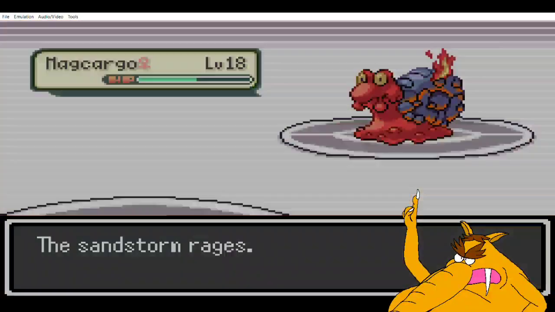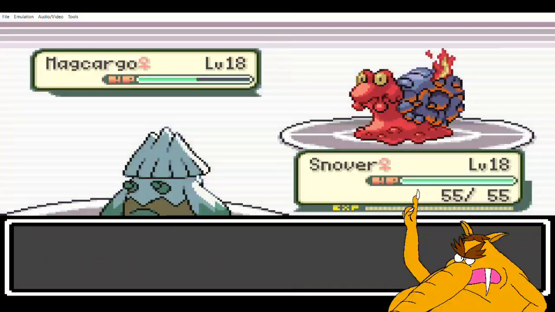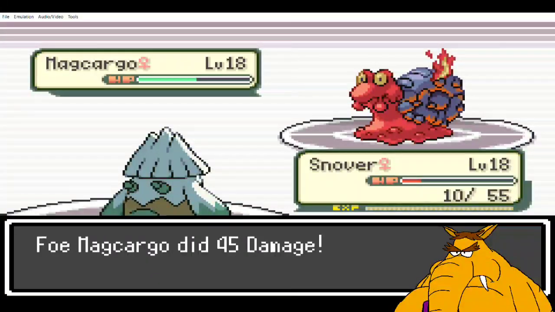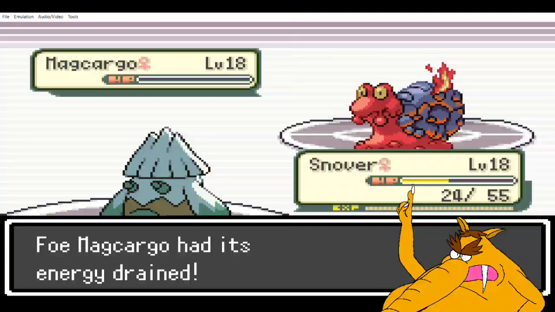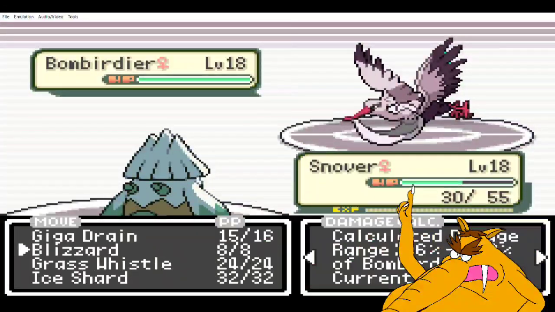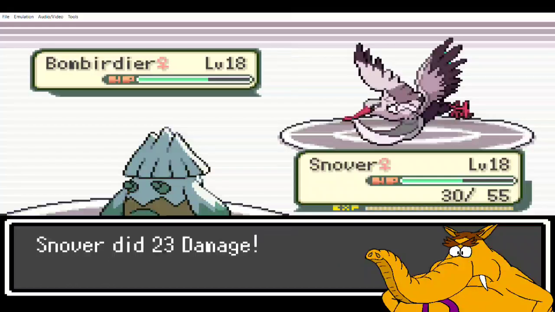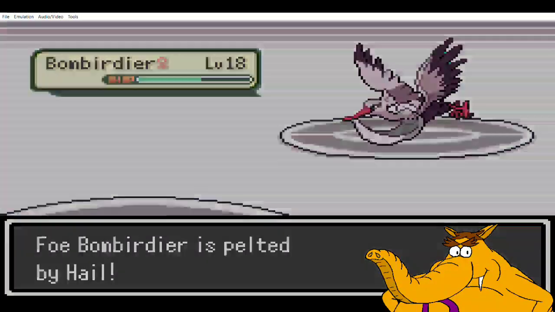Also, you might be wondering why Snover and not Alolan Vulpix. Well, to tell you the truth, I don't like Vulpix. I never have, never will. I didn't even like the original version of Vulpix. Plus, Abomasnow is big and menacing, and those are the kind of designs I like. Plus, I hear Christmas Abomasnow is actually pretty strong. I don't know how to get Christmas Abomasnow. I'm not even sure it's in this version of the game, but I'm sure it's later in the game. It's still pretty early, so